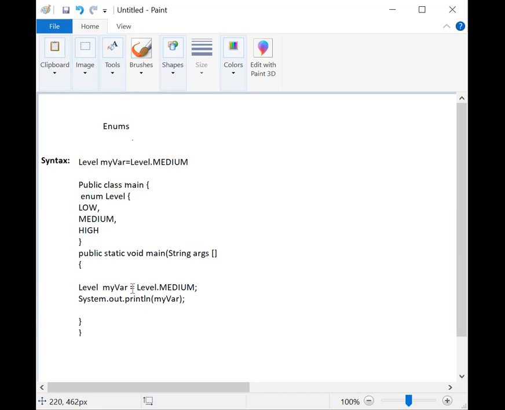The myvar value follows the syntax Level.MEDIUM. So the output, what you call the output, is myvar. Whenever you call that myvar, then automatically it prints medium. Level medium. Yes, medium is the object actually. Medium is the object. In that object you have to mention